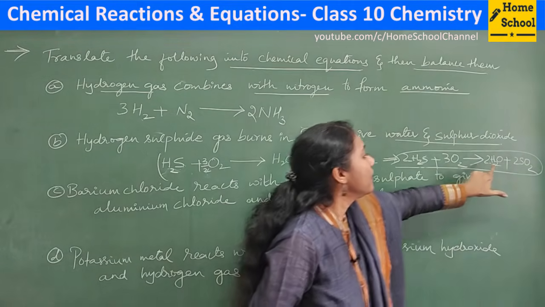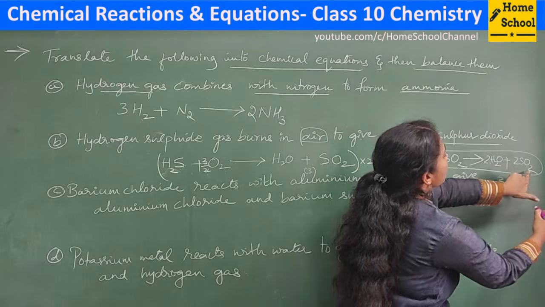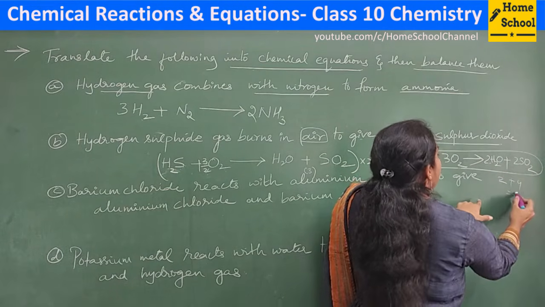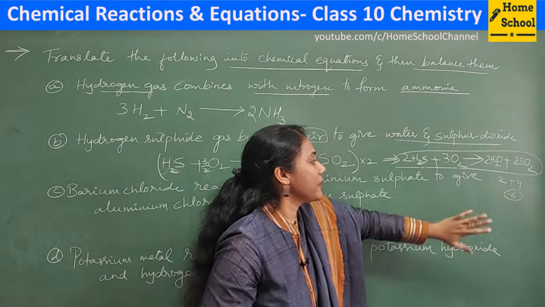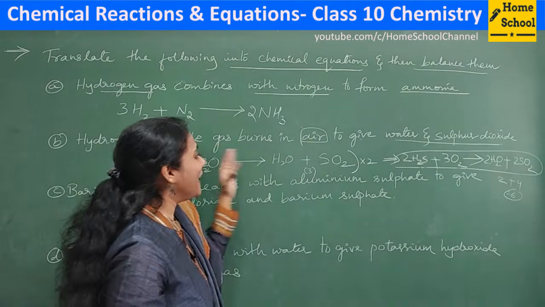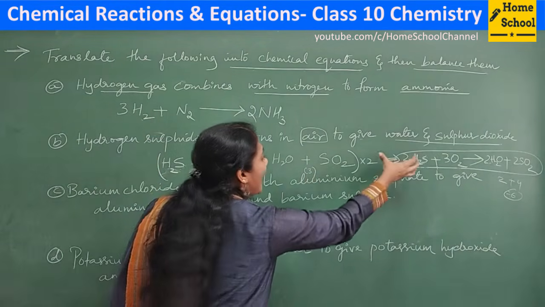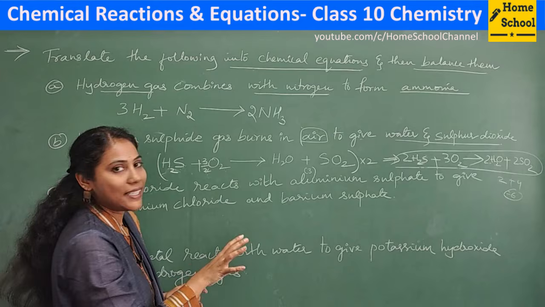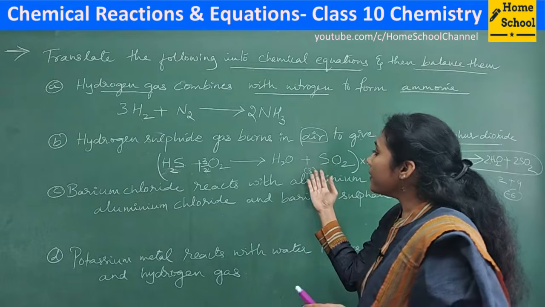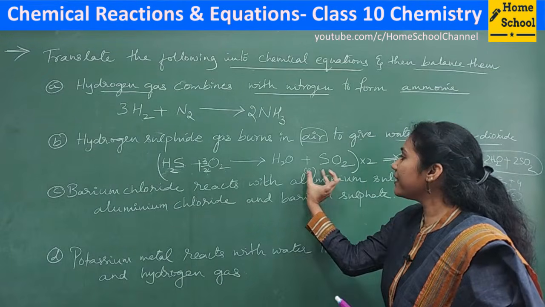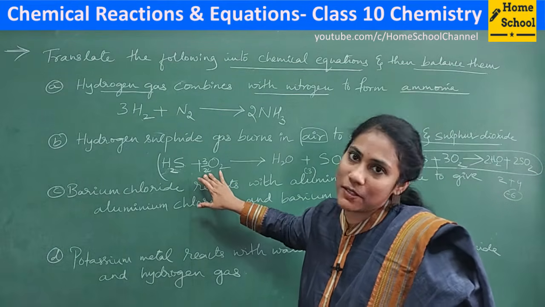How many oxygens are there? 3 into 2, 6. Check it here: 2, here 2, plus 2 2s are 4. 4 plus 2, 6. So the product side also has 6 oxygen atoms, and the reactant side also has 6 oxygen atoms. So this way, if you balance, it becomes easy for you. This method can be worked out only for oxygen balancing. Oxygen balancing you will keep for the end, no? If the oxygen balancing comes in this particular situation, say here 3 are there, here you want 3, it's an odd number. If it is an even number, balancing is much easier.